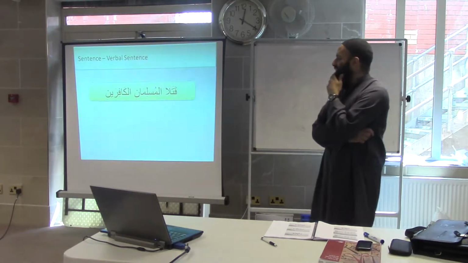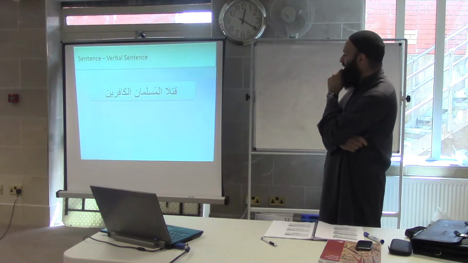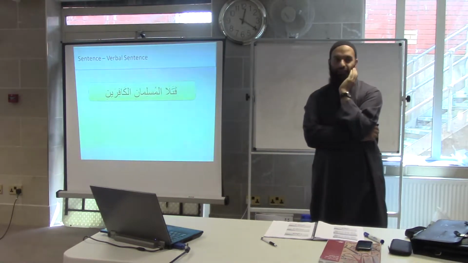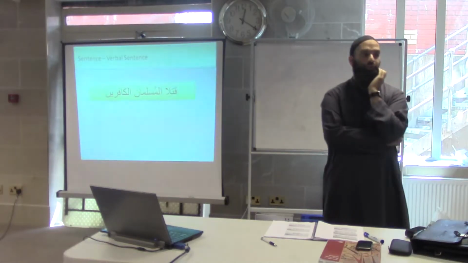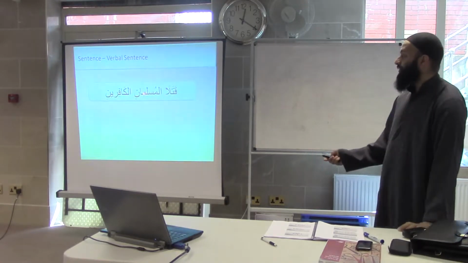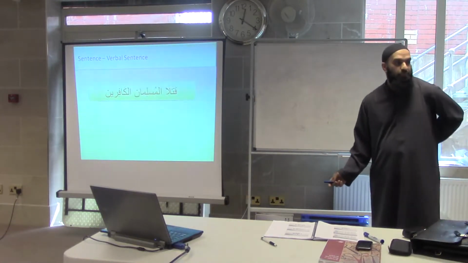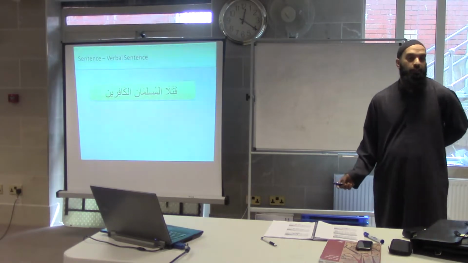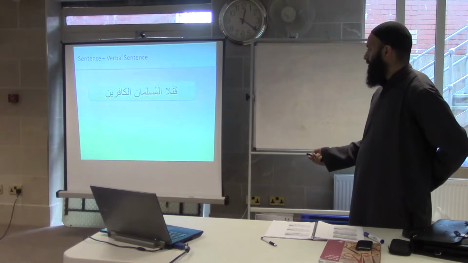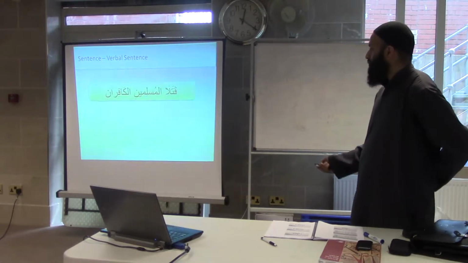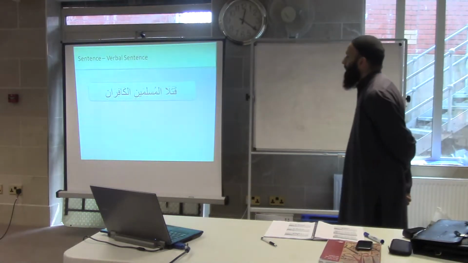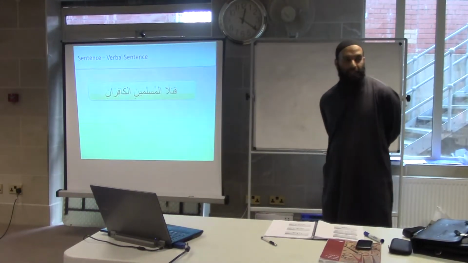Okay? So, qatala, this is my own slide, I forgot. Qatala al-muslimuna al-kafiraini. The two Muslims killed the two disbelievers, yeah? Dual. Marfu. No, this one's marfu. Muslimani is marfu. Kafirani is marfu for kafir. But it's kafiraini, so it means mansub, yeah? Okay, I switched it around now. Just read my slide properly this time. So two Muslims killed two disbelievers. Yes, in that sentence, yeah.